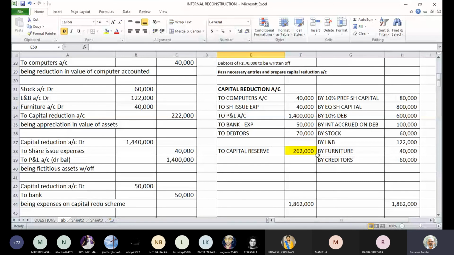Yes, sir. Shall I close this sheet because I will discuss some objectives then on internal reconstruction, because we may not be able to complete the next sum. Next is a little tricky also, so let's do it peacefully. So shall I close if everything is completed by all of you? Yes, sir. Okay, fine. So I'll just conclude this sum, and then we'll go for the objectives. Just a minute. I'll close this.